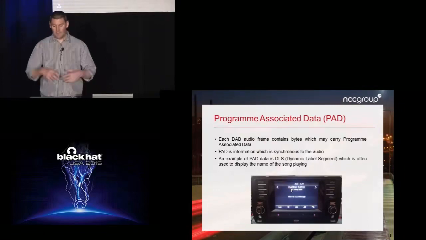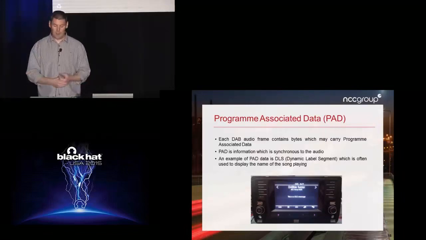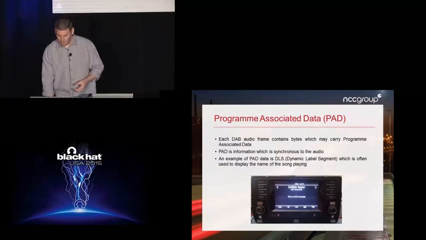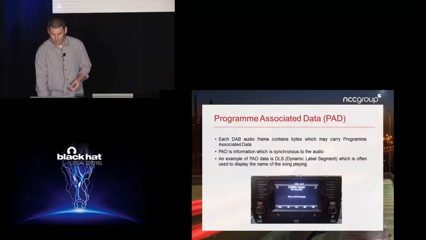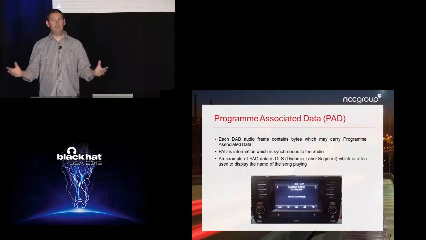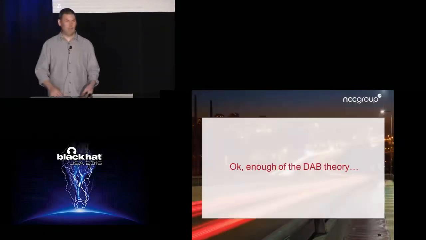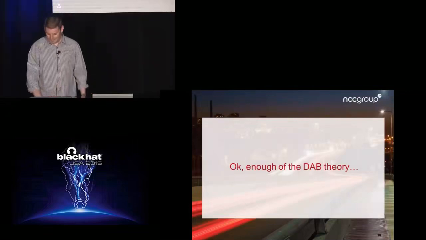And that's the data that you see presented on the screen, like the current track, or maybe information about the current station that you're listening to, is sent in what's known as DLS, Dynamic Label Segment. And within DLS, you can send any text you like in a whole bunch of different international character sets, and it gets rendered by the head unit and displayed to the user. Okay, so you've probably got the idea about DAB theory now, so we won't go into any more spec stuff. Well, not too much detail anyway.